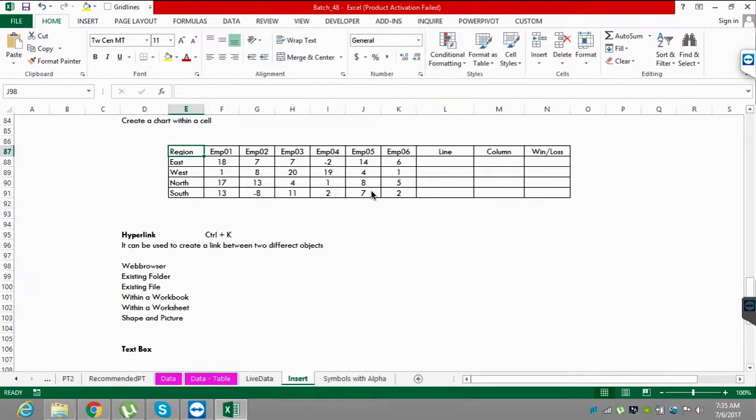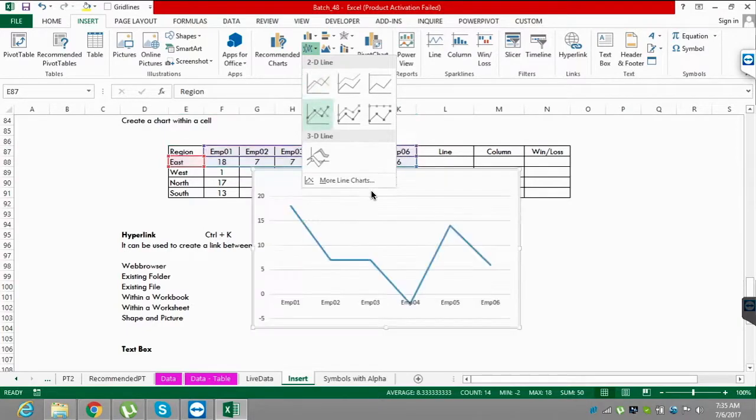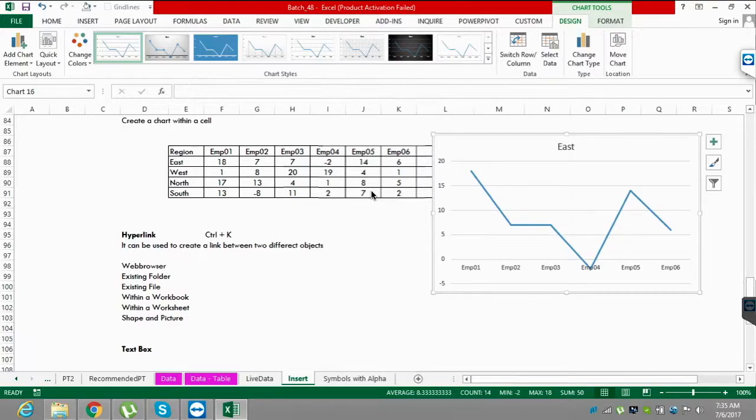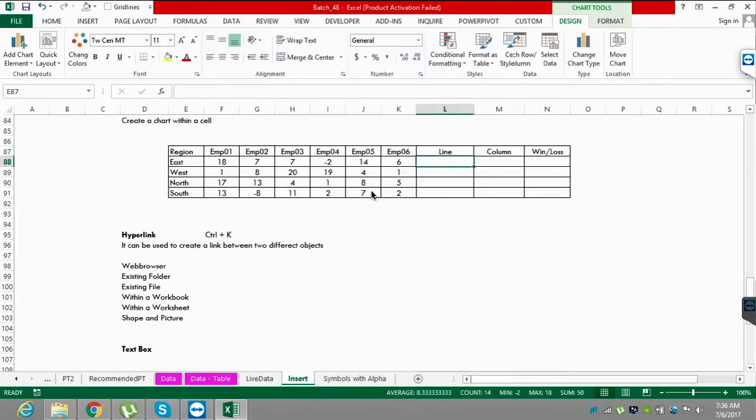So just delete it and let's say I'm going with a single region. Then you know the trend of the region, which employee is doing how in each region. Then what about the remaining 3? Again, I need to prepare 3 more individual charts. But if you're preparing all the charts, your dashboard will not look good. If you're presenting all the charts for this simple data, you can create multiple charts. Then what is the solution? In that case, you can go for